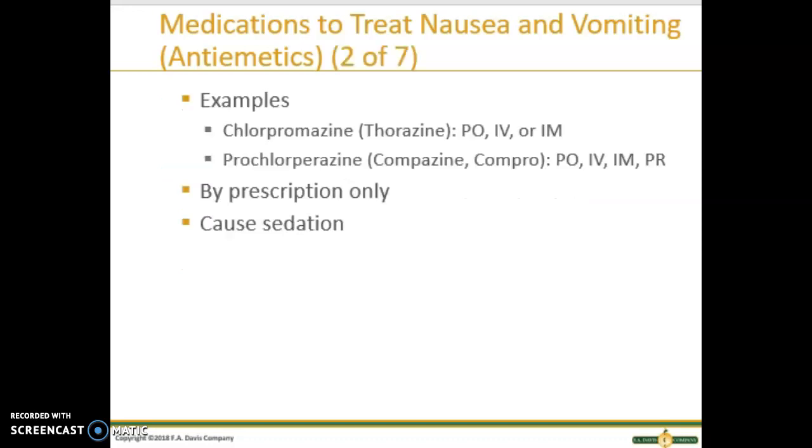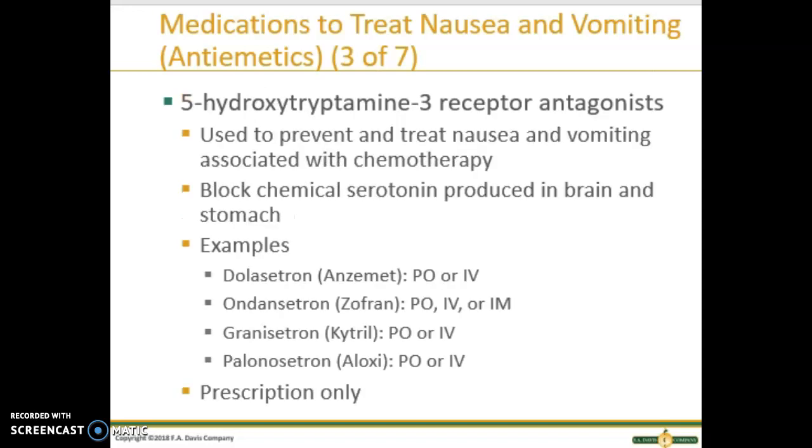So looking here, examples are Thorazine, given PO, IV, and IM. So that means by mouth, by IV, or intramuscular. And Compro, also given PO, IV, IM, and PR. So it added the per rectum. And these are given by prescription only, and they cause sedation as well. Oops, I went the wrong way. I apologize. So the next one is the